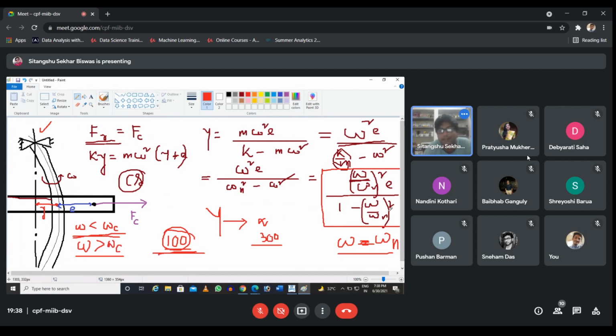Now, if your operating speed is greater than the critical frequency, what will happen? For the first condition, you see, omega is lesser than omega n. That means the entire quantity, omega by omega n squared, should be less than 1. So the denominator will be positive. So the deflection, that means the sign of y, will be positive. As I told, this direction is positive y, so you will get this kind of shape. So the heavier region of the rotating system will be on the outer side of the axis of rotation.